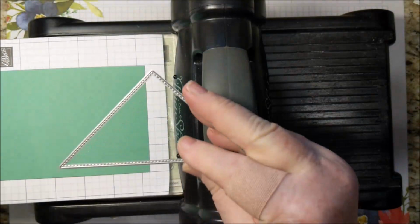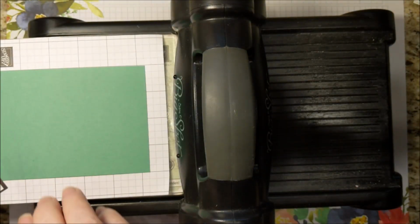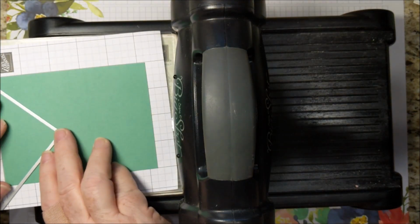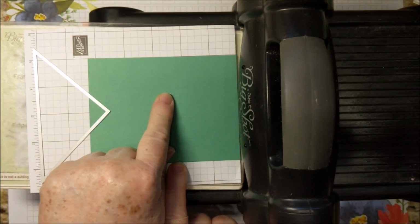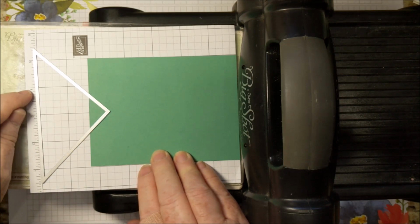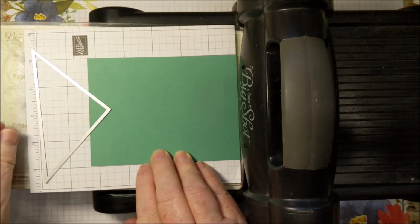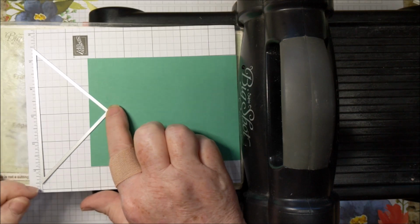I'm pulling out this large number 1 triangle, and I selected this one because it goes beyond the side of the cardstock. So I have my cardstock centered on the grid paper, tacked down so it stays put. I have my triangle on the line with just maybe less than an inch of the point here, and this